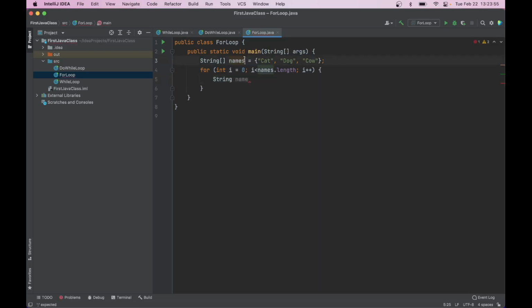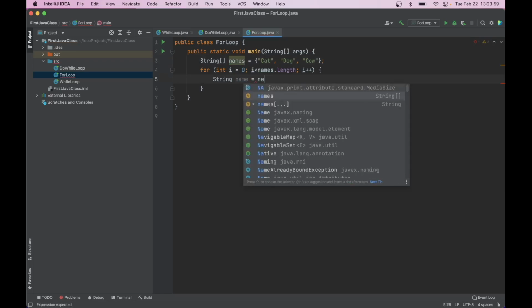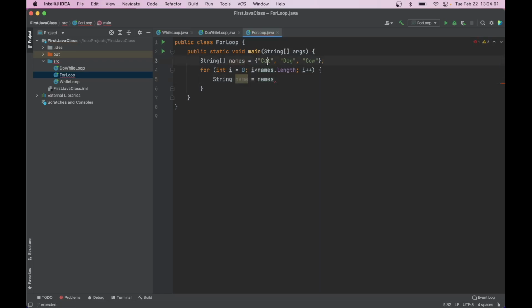So this is names. All right, so this is name. What I can do is get the first index, which is going to be i. It's going to go through this loop, and then come over here, and index 0 is going to be cat. It's going to take that 0 index, cat, and put it in this